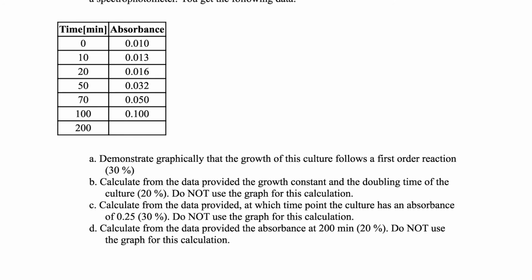Okay, now for the next question. It says, calculate from the data provided the growth constant and the doubling time of the culture. OMG, how am I going to do that? Well, first of all, I know it's a first-order reaction. Yeah? So I can write down the equation for a first-order reaction, and I can write, for example, ln A final over A initial equals,